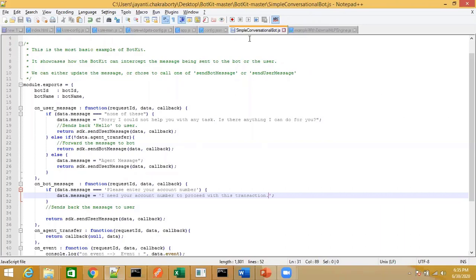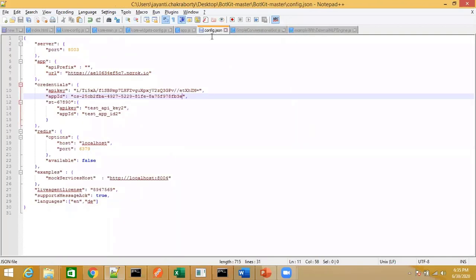After I have done that configuration in this particular file, the other file where I need to do the configuration is the config.json file, where once again you need to provide your ngrok callback URL, and in credentials we need the client ID and the client secret.